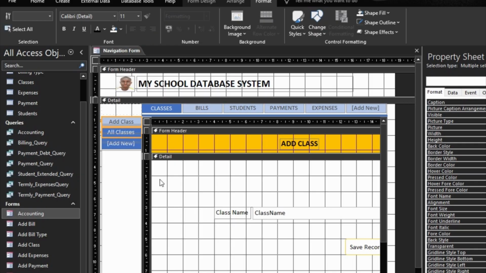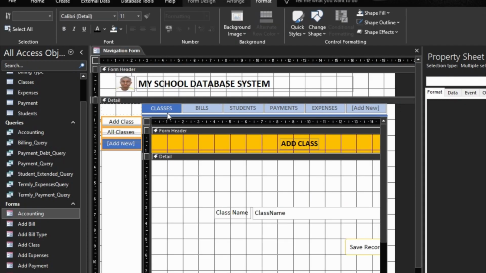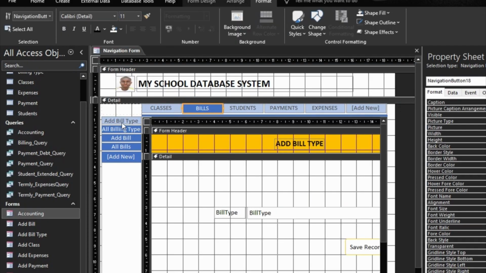I'll use the shift and make it white, then the font will be black. Let's view it and see. Yes, so let's go to design view again, come to bills, the same thing,